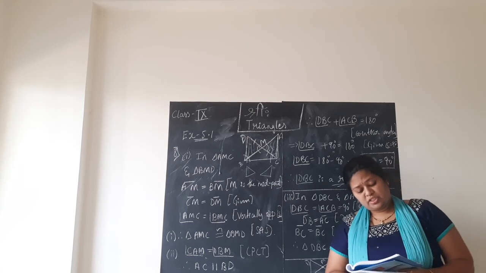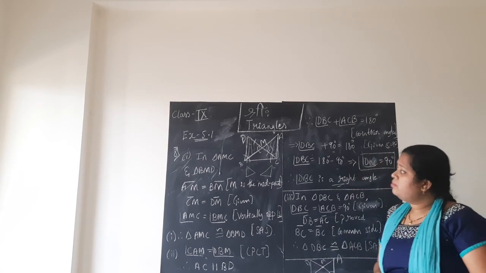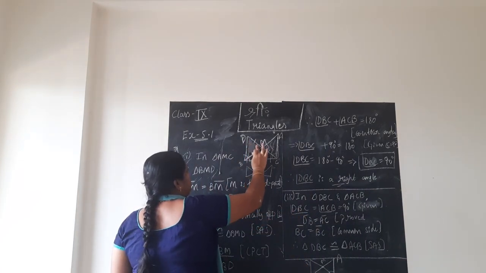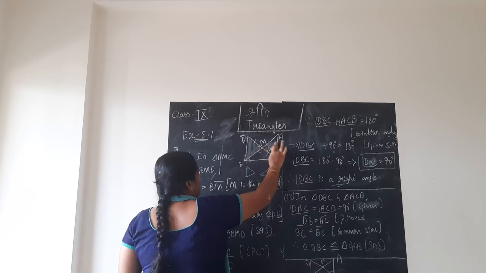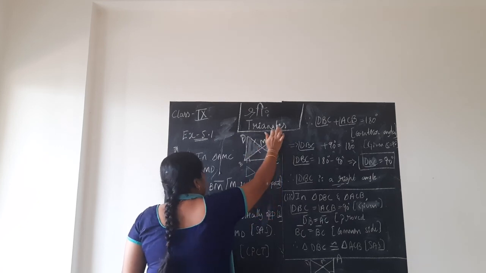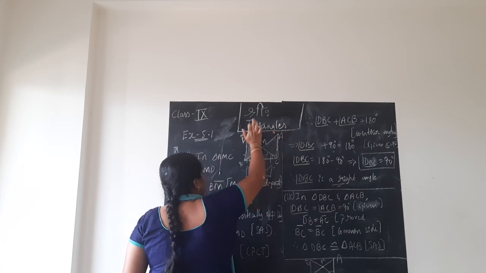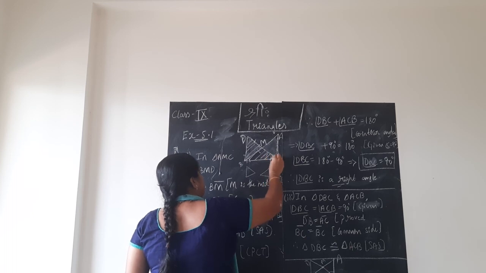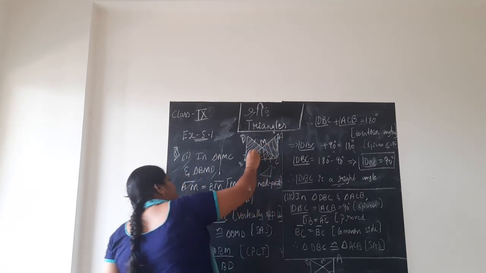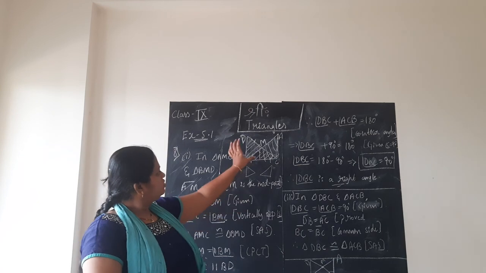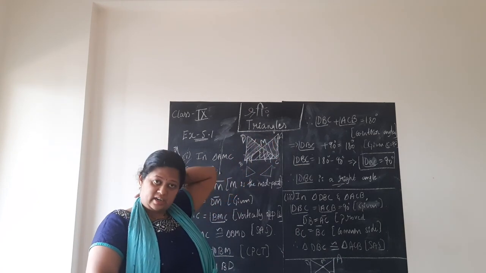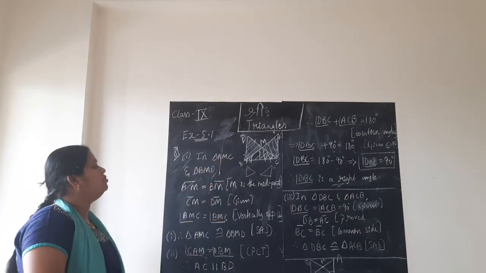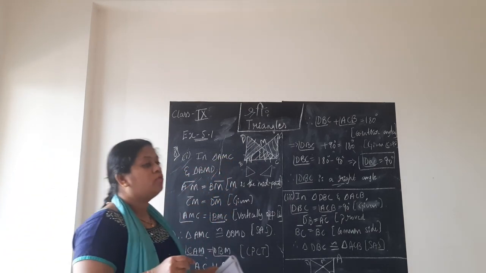In the third sub question they are asking us to prove triangle DBC is congruent to triangle ACB. So to do that, let me erase this shaded one. It is different triangles now, children. The first right angle triangle we had is triangle ABC, and the second right angle triangle we got by construction is triangle DBC. Those two are congruent, you prove, they are asking.